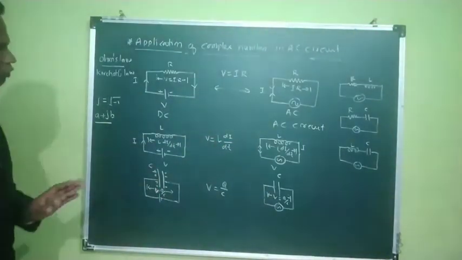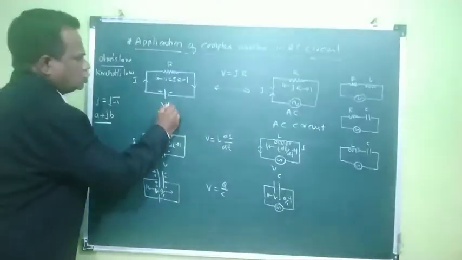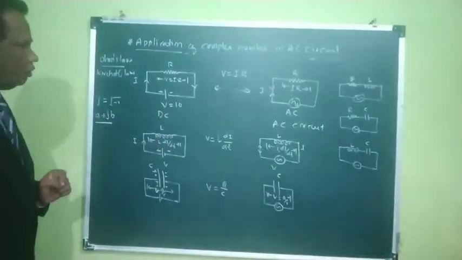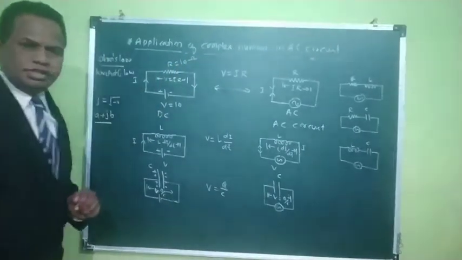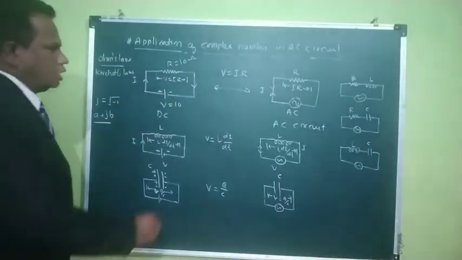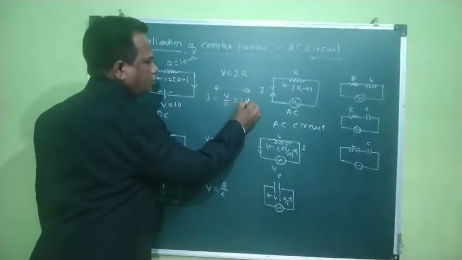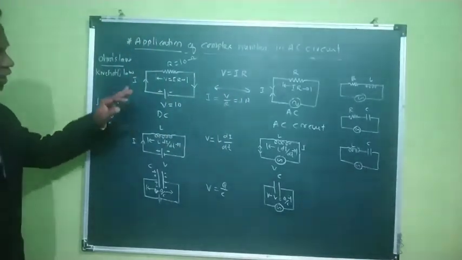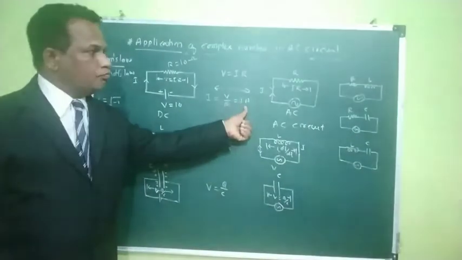That is what we are going to study. Let me give one more example. If this voltage is 10 volt and the resistance is 10 ohm, then how do we apply it? I is equal to V divided by R, so 1 ampere current is flowing through this. So one can calculate the real value. This is a real value, not a complex value.